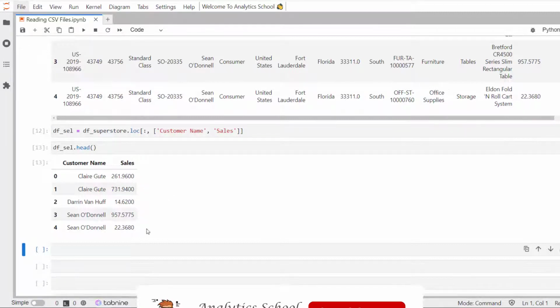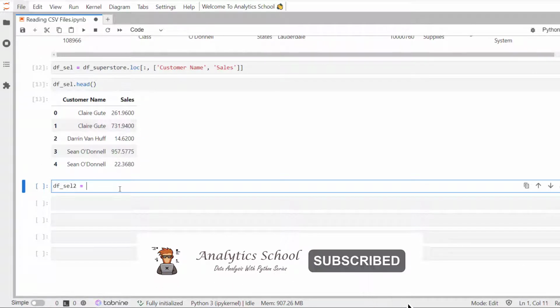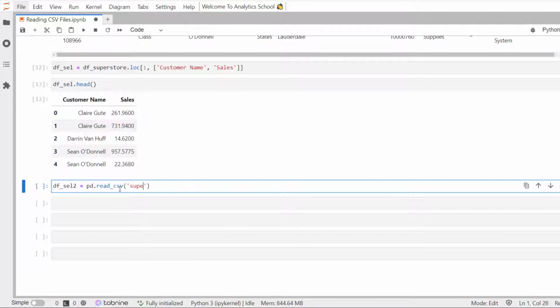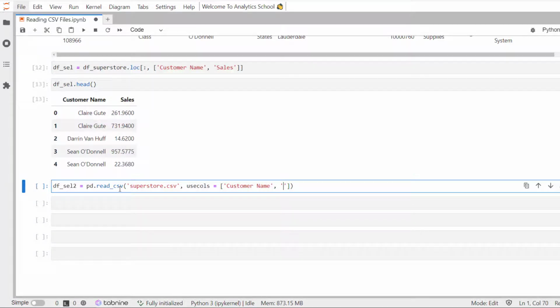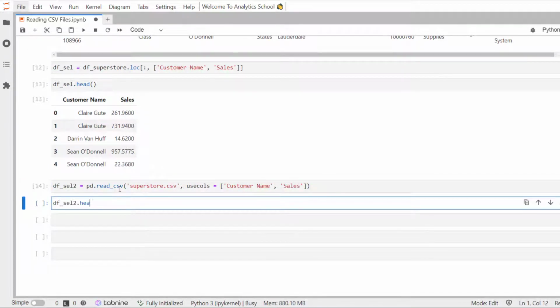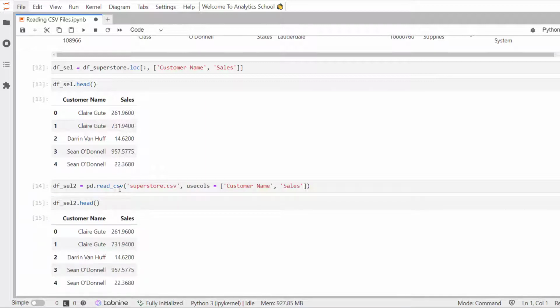Let's see that. Now you can see here, this produces the exact same result. You avoid importing lots of the data you don't need. You avoid writing Pandas code to filter the useless columns away. But remember one thing, when we are using usecols, we generally pass a list of the columns we want